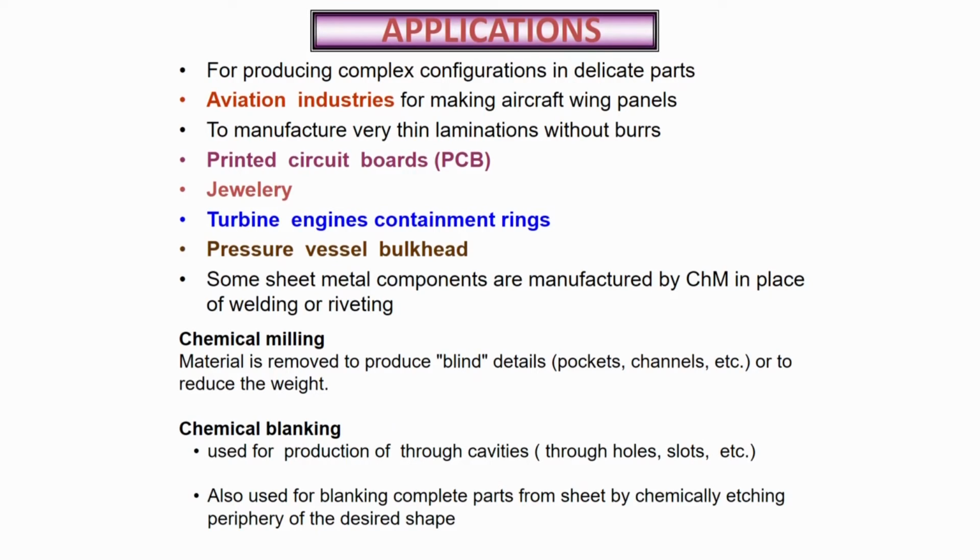The aviation industry uses it extensively for making aircraft wing panels. These aircraft wing panels have certain curvatures, and they are very big panels. These big panels can be made by the chemical machining process, to manufacture very thin laminations without burrs. The advantage is that if very thin components are made by conventional milling